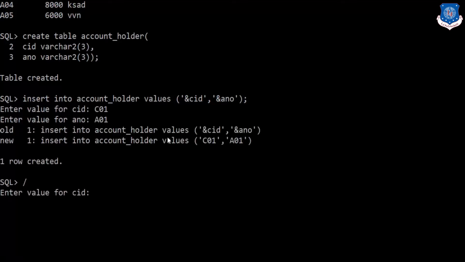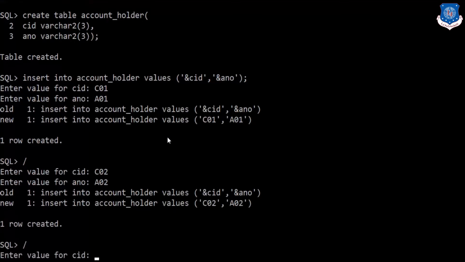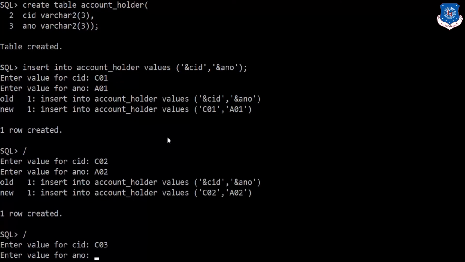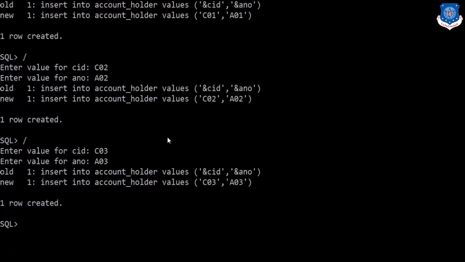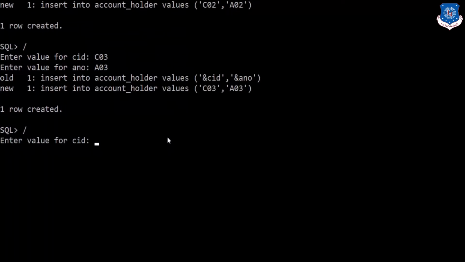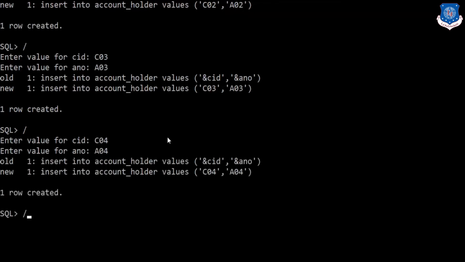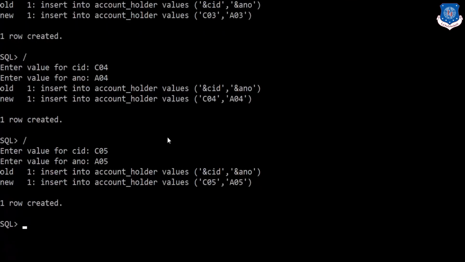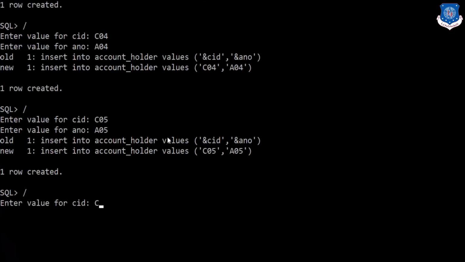Next record is C02 and account number A02. Next record customer ID C03, account number A03. Next record customer ID C04, account number A04. Next one is C05 and A05. Last one is C02 and account number A04.